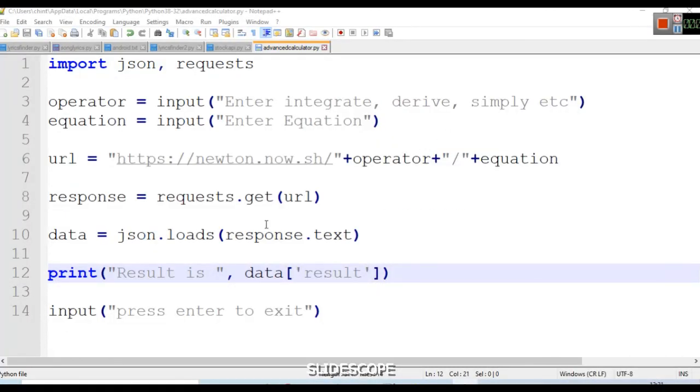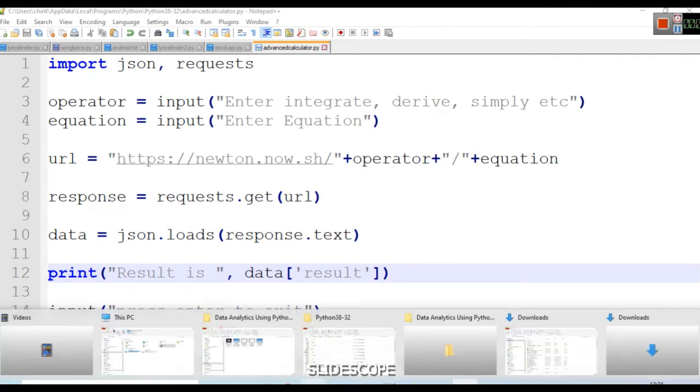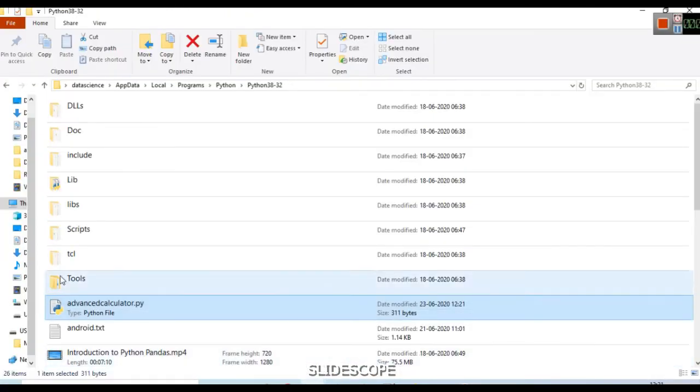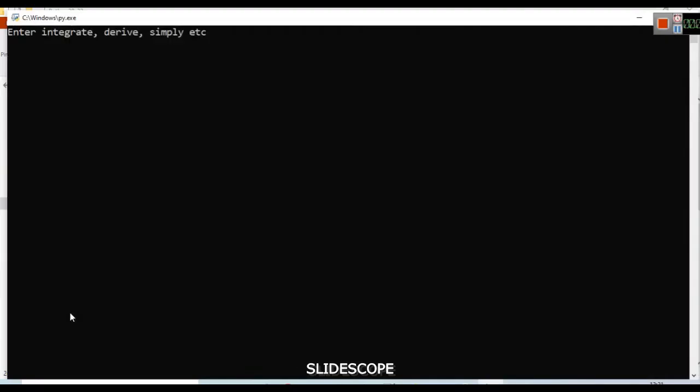After writing this, again we will go back to our folder where we have saved it and execute it. First we have to write what operation we have to perform. We have to derive it, and then we have to enter the equation. The equation will be x raised to the power of 4 minus x raised to the power of 2.